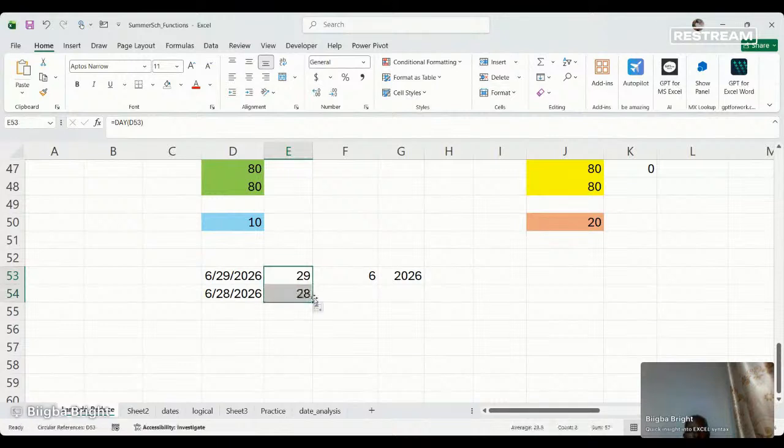So if I count the date as 28, because this time around, the cell here, which is E54, is now referring to this cell here, which is also D54, and no longer D3. This is what we call relative reference. So you refer to this, you are relating to it. If one moves one step, the other one must also move one step. If you move backwards, the other one must also move backwards. That's for the